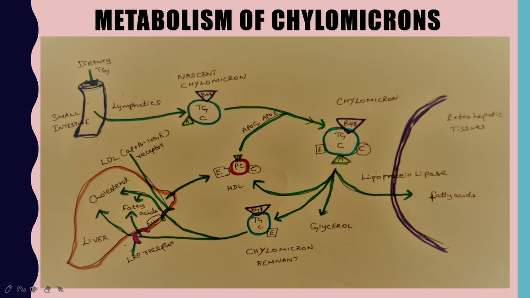And once this is acted upon by lipoprotein lipase, most of the TG will be converted into glycerol and free fatty acid. This lipoprotein lipase is found only in the blood capillaries of the heart, adipose tissue, lungs, spleen, renal medulla, and lactating mammary gland, but it is not present in the blood. You have to remember that. This lipoprotein lipase is present only in the blood capillaries, but it is absent in the blood.